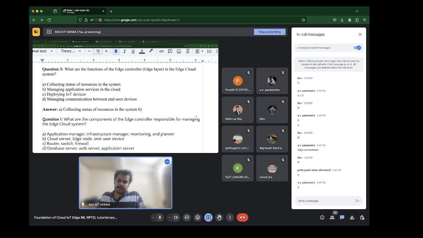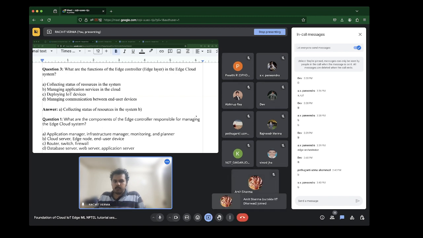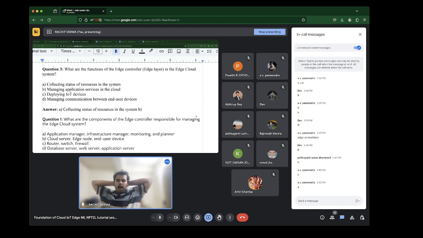Is it A, application manager, infrastructure manager, monitoring and planner, B, cloud server, edge node and end user device, C, router, switch, firewall, or D, database server, web server, application server? Yes, so Panindra said A.